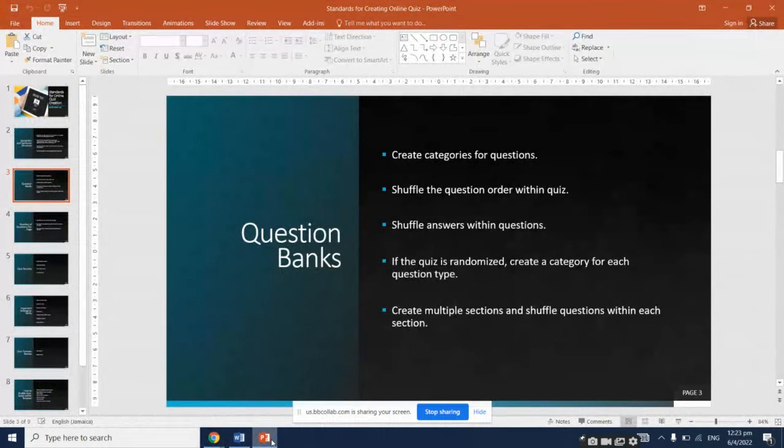The next point says, if the quiz is randomized, create a category for each question type. That was demonstrated earlier, where I created a category and called it MCQ. So in the instance where you're building a question bank for randomization, and you want to have each of the